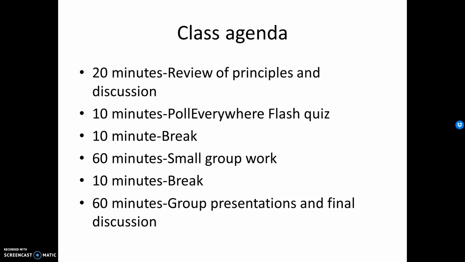Today's agenda is structured as follows. For 20 minutes, we'll start with a mini presentation and lecture, and we'll have a brief discussion period. We'll take a brief Poll Everywhere flash quiz for about 10 minutes just to make sure everybody's confident in understanding the principles. We'll take a quick break, and then we'll have about an hour to do some small group work,